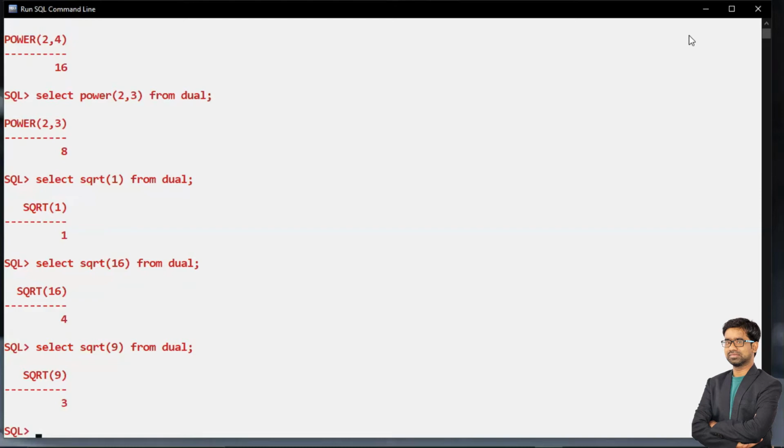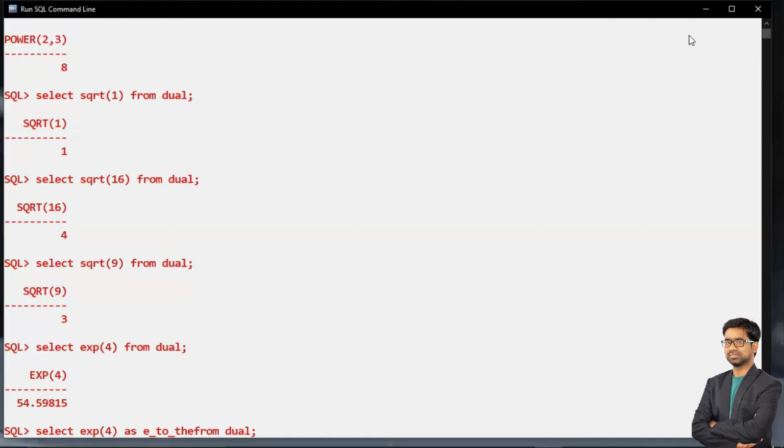So now let's use the EXP function. What do we have to use here? The EXP function. EXP of, suppose I want to find the exponent value of 4, it will return some value. Similarly, I want to mention an alias name. So here I can use an alias name for it, like e to the power.